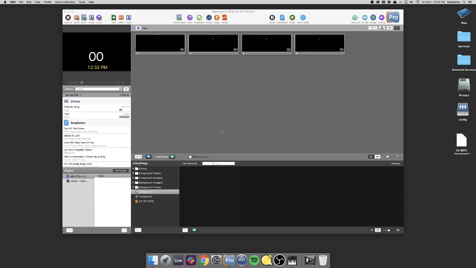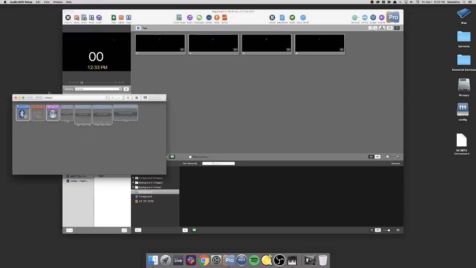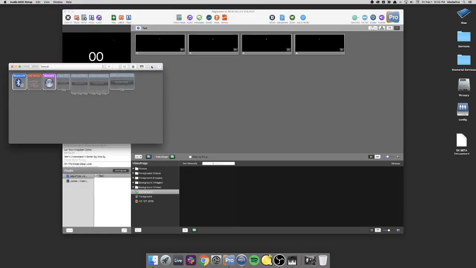But the first thing I want to do is make sure that I can open up Audio MIDI Setup. And you can find that from Spotlight or in your application utilities. But once I've got it open, what I need to do is go up here to Window and show the MIDI Studio. And I want to make sure, because what I'm doing right now is I'm going to be controlling